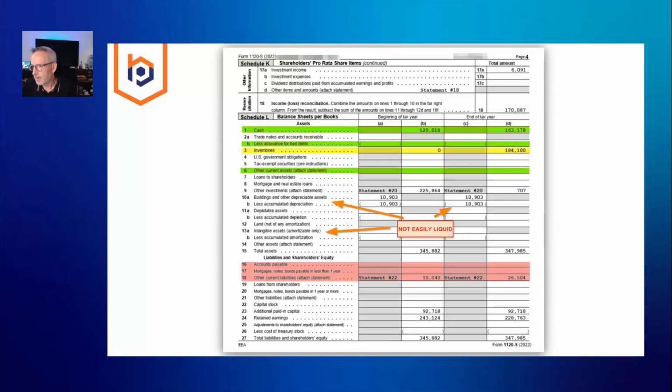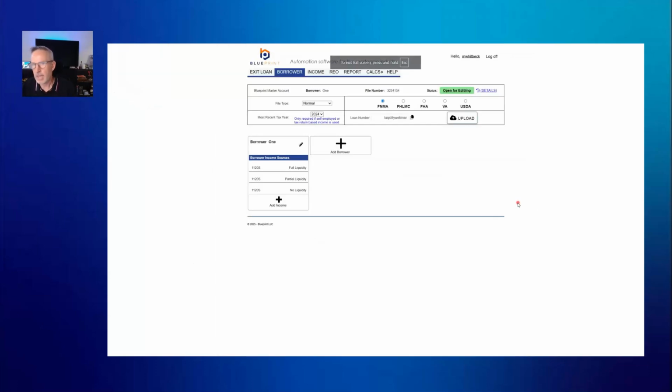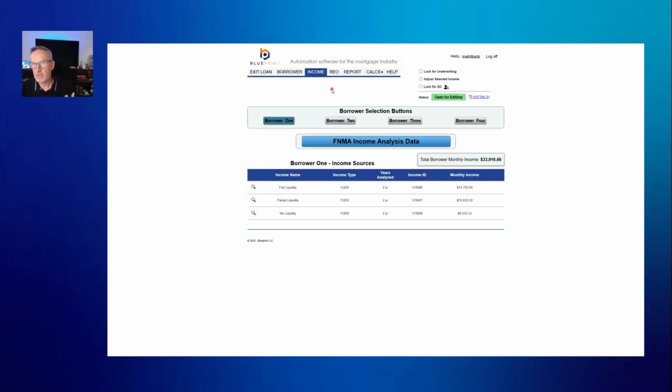So I'm going to pause the screen for just a moment. I'm going to bring over Blueprint here to show you, in our software. So I'm going to demonstrate this in a live practical example. And you folks that are customers, you're probably used to seeing this. Let me go ahead and reshare this. Okay. So here I'm in Blueprint. I set up 3 businesses. The same 1120 has all the same numbers. Let's walk through this. What you have to do as an underwriter, our software does it for you automatically,